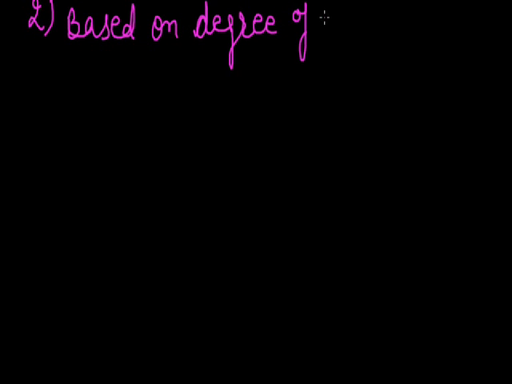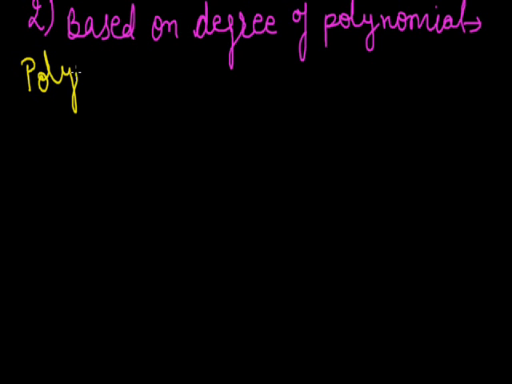Now the second type of classification is based on the degree of polynomial. Before knowing about this concept, we should know something about polynomials. What is a polynomial? We'll define the polynomial. It is a specific type of algebraic expression in a single variable